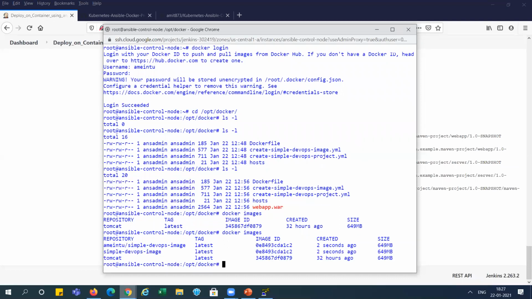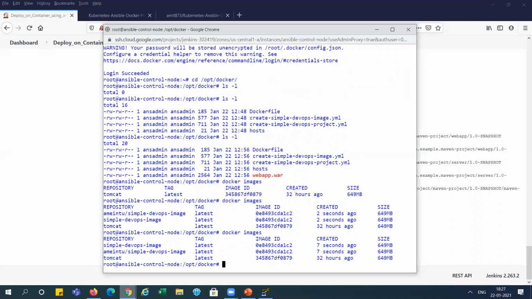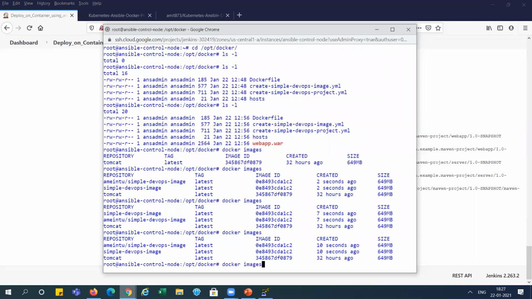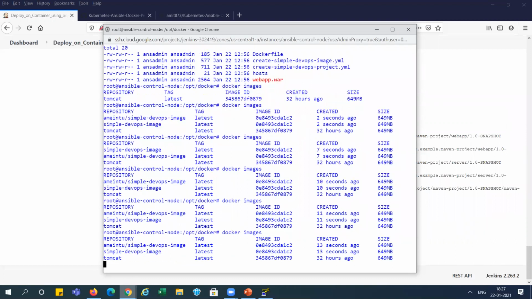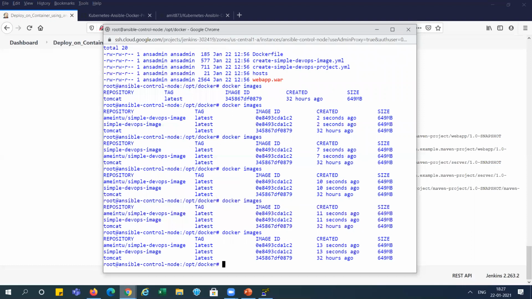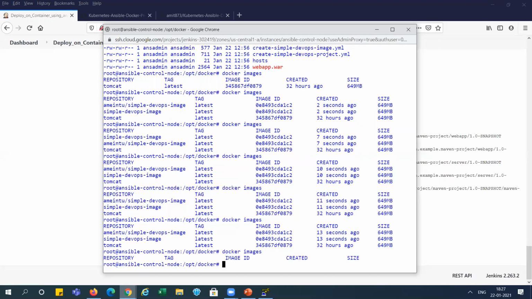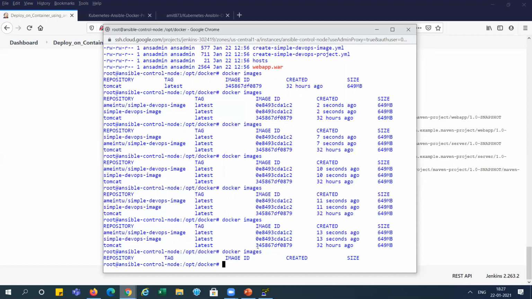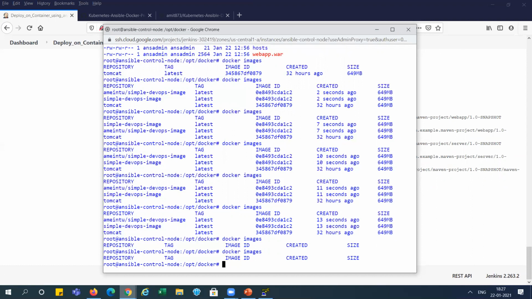Now it will remove it. It is still there. Still there. Maybe we got some issue. No, it is still working, right? You can see it was created 13 seconds ago, right? See, all 3 images are removed now, because in our playbook we've written that after pushing to the Docker Hub, it should be deleted from the Ansible server. See here, it is deleted, right?